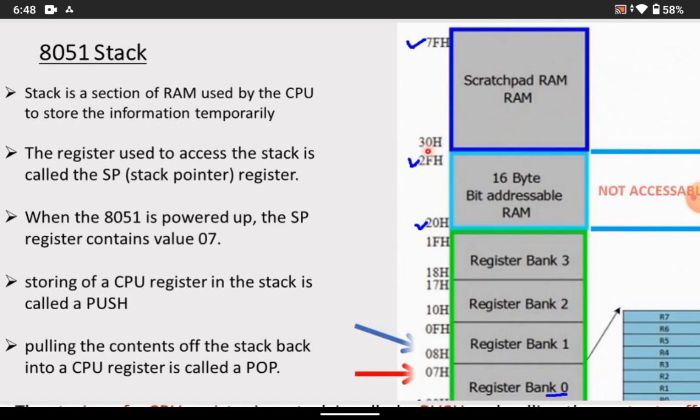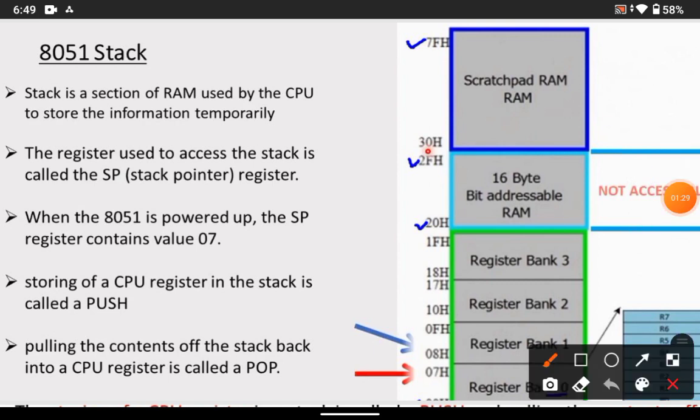One thing we need to know is, whenever we power on the 8051 microcontroller, the default value of the stack pointer is 07. The arrow mark, as you can see here, is at 07. So whenever we turn on the 8051, the default location is 07.